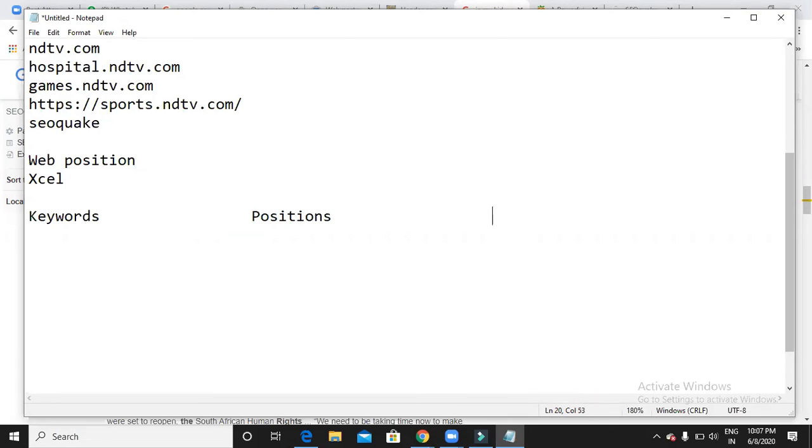After checking, enter the URL. I want to see the blog post URL which appeared in the SERP. It is very useful when you do this analysis; you can easily work for your client. If you want to work for a client, or go for jobs, the Excel sheet is mandatory. So you can easily understand what is happening with your website, where your positions are, and which URL is appearing. Mention each and every keyword you feel is relevant, see the positions as well, and then enter the URL.